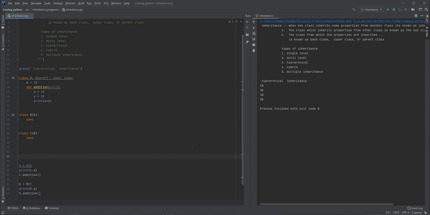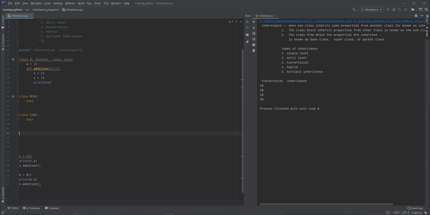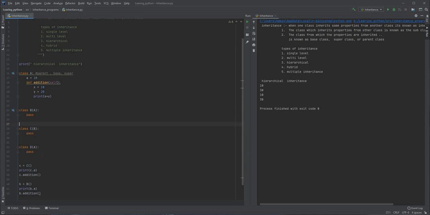Now if I have a class over here, let's just say I will create one more class over here called as capital D. Okay, and if it inherits from the same parent as class B, then this will be an example for the hybrid inheritance. I mean this class D and class B both are inheriting from the single parent, so it will be an example for hierarchical. Okay, now this example has the combination of all three of them, single level, multi-level as well as hierarchical. So this example will be considered as the hybrid inheritance.